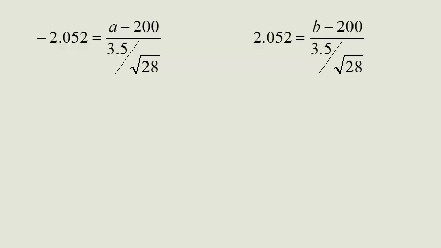Remember that the t formula is almost exactly the same as the z formula. The only difference is that we have the sample SD in place of the population SD. So we'll get the lower critical value by setting the formula equal to negative 2.052, and we get the upper critical value by setting the formula equal to positive 2.052. Solving both equations, we get the two critical values, 198.643 and